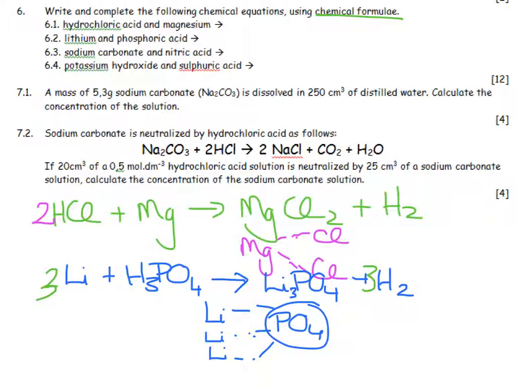I'm going to need to put a 3 over there and a 2 over there. That's going to involve putting a 2 over there and then a 6 in front of the lithiums over there. And if you count it up, you are going to land up with a balanced equation. The next one that we've got